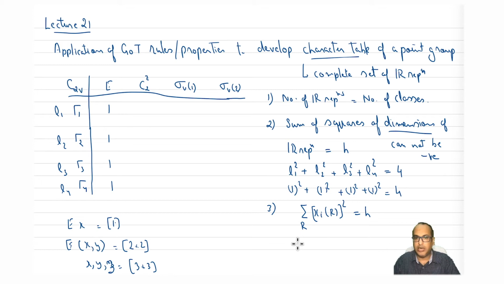So let's call these A, B, and C. This tells me that 1 squared plus A squared plus B squared plus C squared equals 4. Now you don't have a criterion that they cannot be negative, so A, B, C can be positive or negative. 1 we already know. All 3 can be positive, all 3 can be negative, and so on, or 2 can be positive, or 1 can be positive. Let's see what the possible solutions are here.